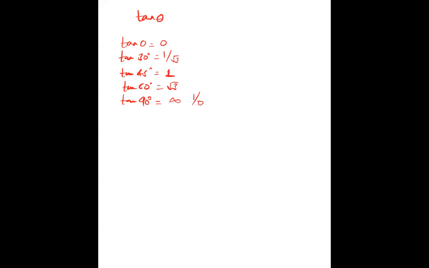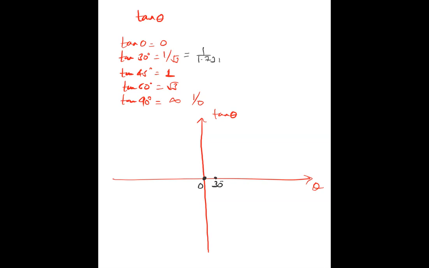Okay. So if you try to plot this on the graph, it will come out like this: this is 0, tan 0 is 0, tan 30 degrees is some value, 1 by root 3, which means 1 upon 1.732. Anyway, 1 by root 3 means root 3 by 3, that is 1.732 by 3, which is around 0.5. Okay, 0.5 around here.